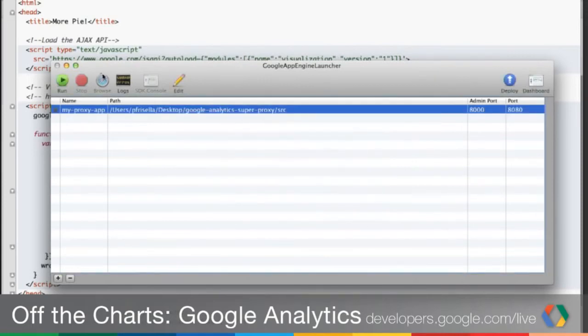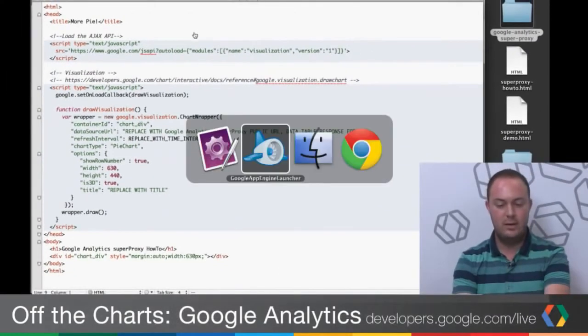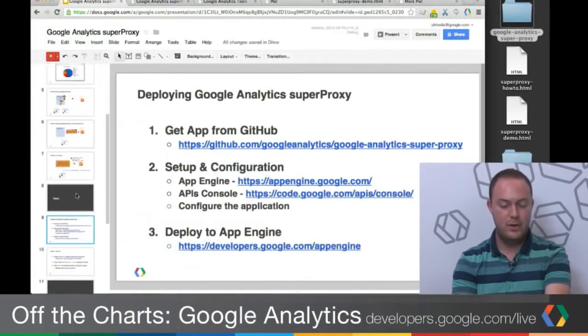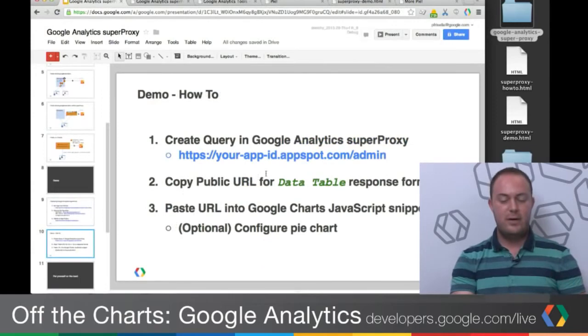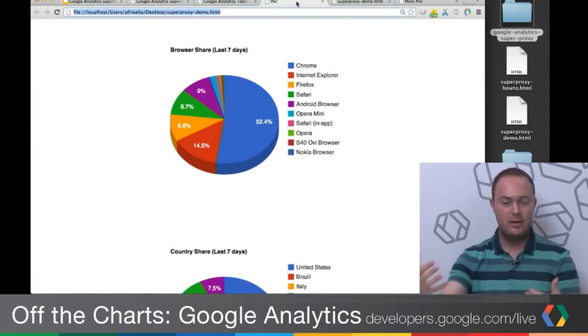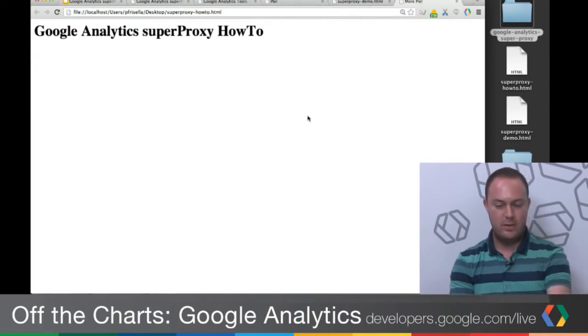Okay, so we won't actually deploy that, but this is the one-time thing. You've created it, it's deployed, now you can actually use superProxy. Let's see what that entails and how you'd create the query and get this working. There are kind of three things to do. If we want to go from a blank page to this, where we have pie charts and things getting data from public endpoints, I have a file sitting here. This is just a how-to